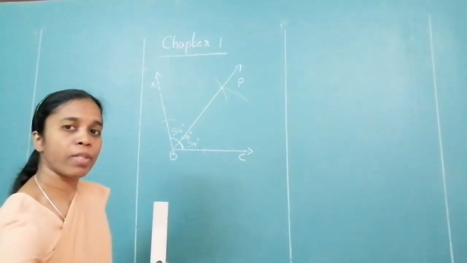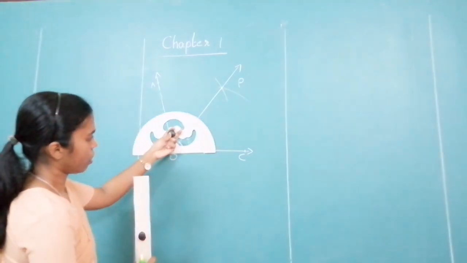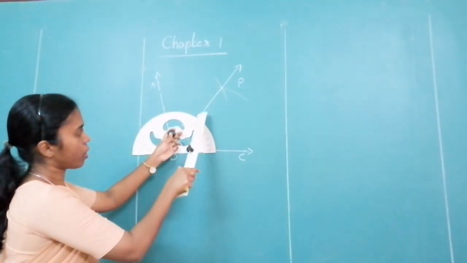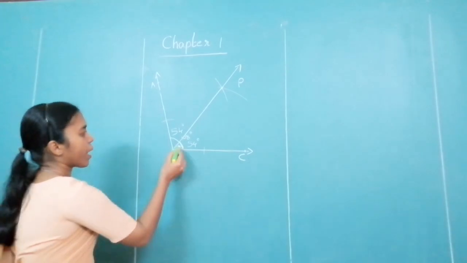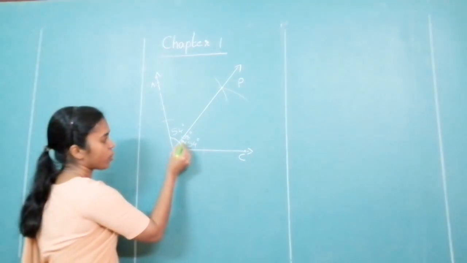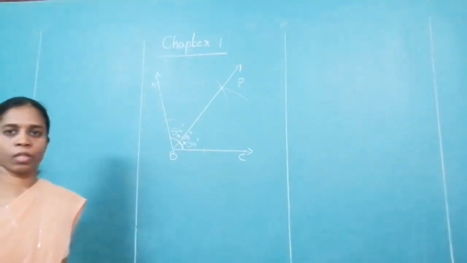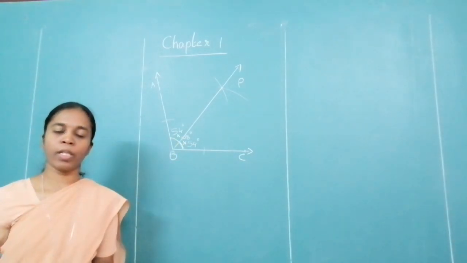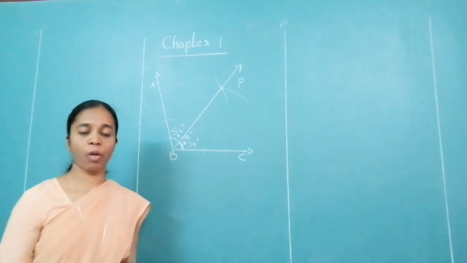Check with the protractor whether you are getting it. Keep the protractor over here. Measure and see whether this is 54 degree. You are getting it as 54 degree. So the drawing is right. Now since this angle is equal to this, you put a congruent sign. You put some symbol to show that both are equal. Okay, I crossed it to show that these two angles are equal. This is how we draw angle bisectors. Okay, how do we draw it?